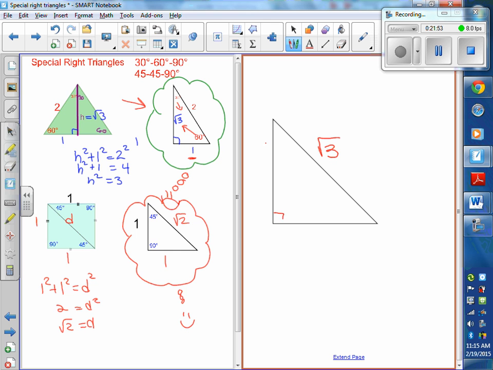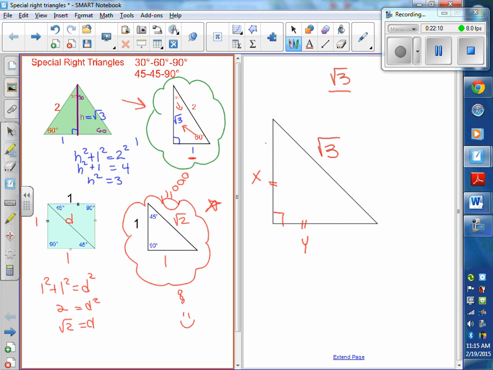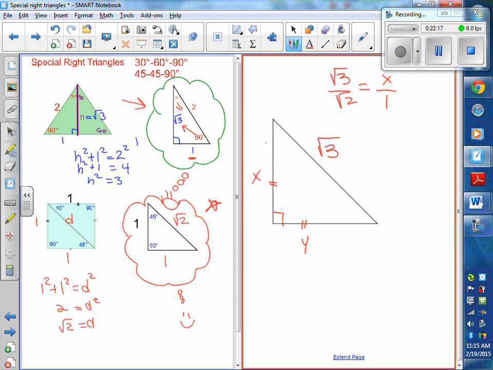As long as I know that this is a 45, 45, 90, I should be able to find x and y, and x and y are the same. I'm just going to say that the square root of 3 would have to compare to the square root of 2, as x compares to 1. So it's going to be root 3 over